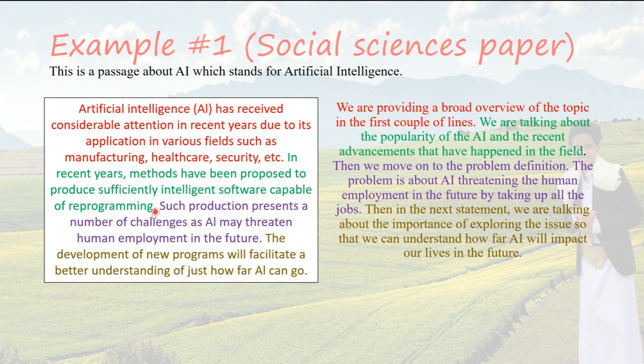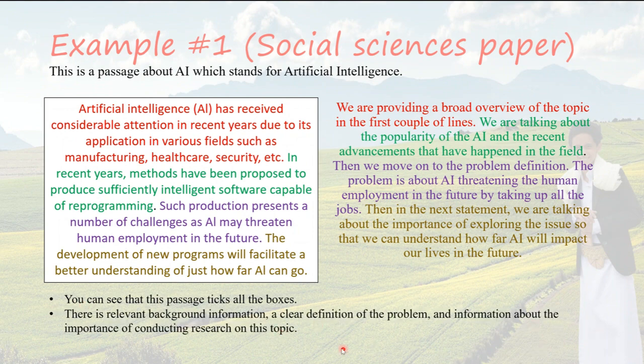Then we move on to the problem definition. The problem is about AI threatening the human employment in the future by taking up all the jobs. Then in the next statement, we are talking about the importance of exploring the issue so that we can understand how far AI will impact our lives in the future. You can see that this passage ticks all the boxes. There is relevant background information, a clear definition of the problem, and information about the importance of conducting research on